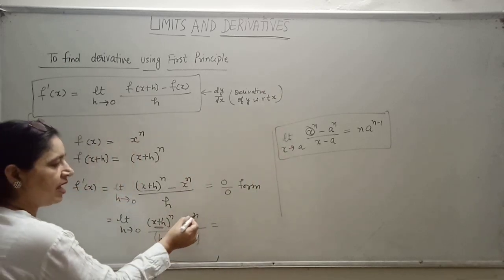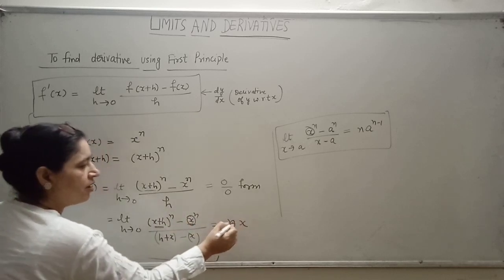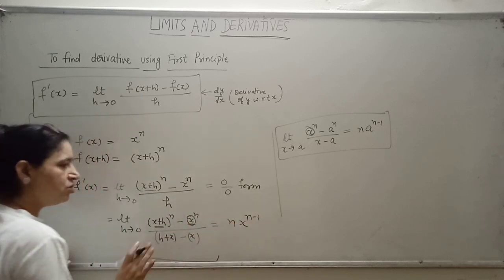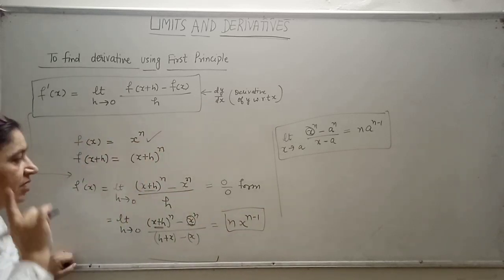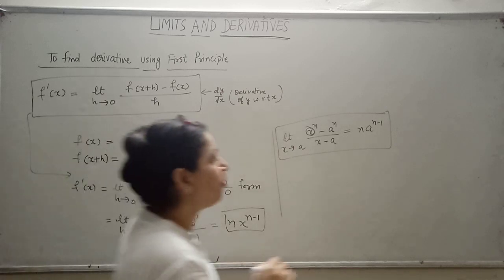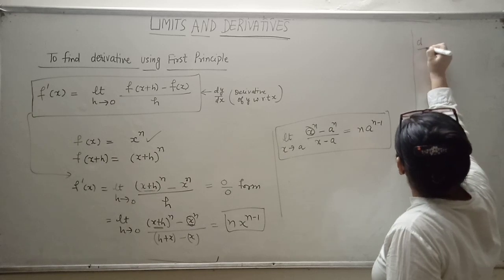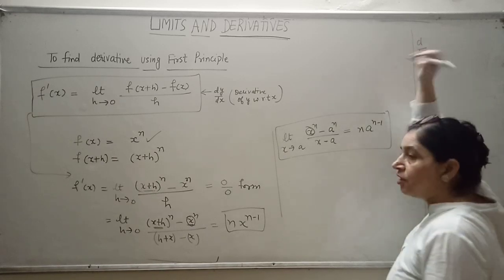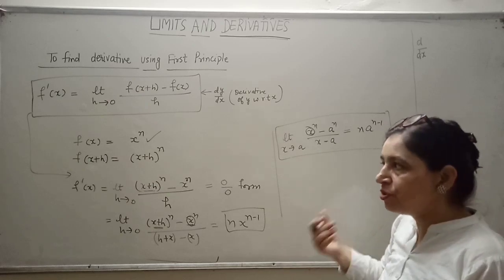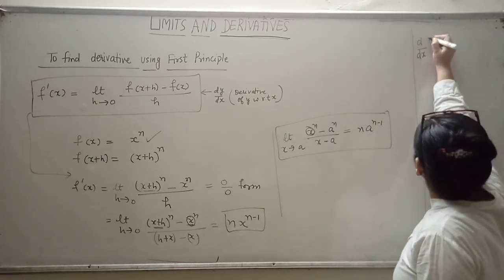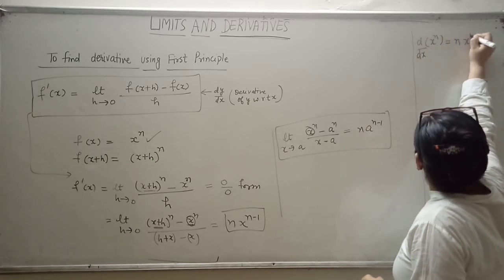So what is this n? n आ गया. a की जगह क्या है आपके पास? x. Okay. Now raised to power n minus 1. So this is the derivative of x raised to power n. This we will use as the standard formula. So I am writing here d by dx. These are the standard formulas I am writing, and later on we will use all these in the next exercise. We will use it directly as the standard form. x raised to power n is equal to n x raised to power n minus 1.